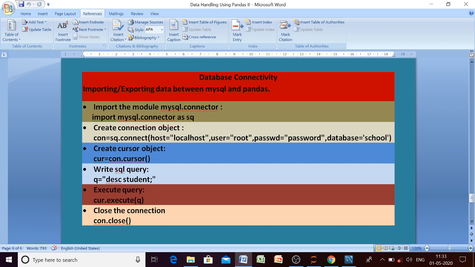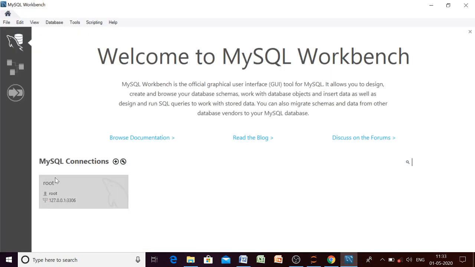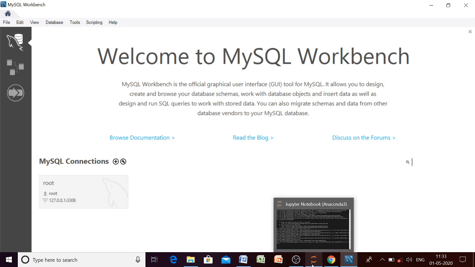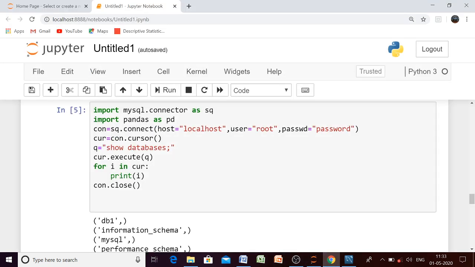Here the code is not being reduced; here we are only giving the alias name to our module. Host means where we are hosting the system itself. This is localhost. Then user: when we are installing MySQL Workbench, during installation time one user will be there, and you have to provide the password. Here the name of the user is root. Similarly we have to write in the code that user is equal to root, and then password, whatever password you gave during the configuration time. In my case it is password itself.